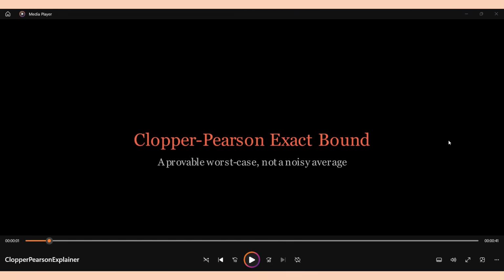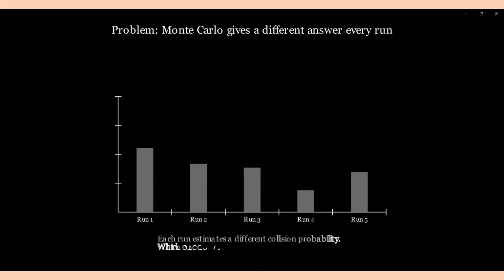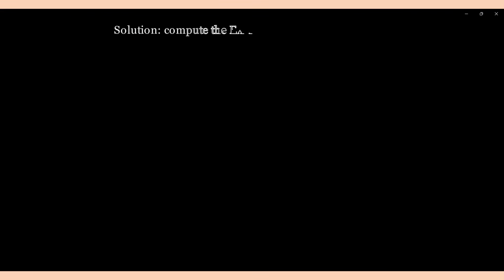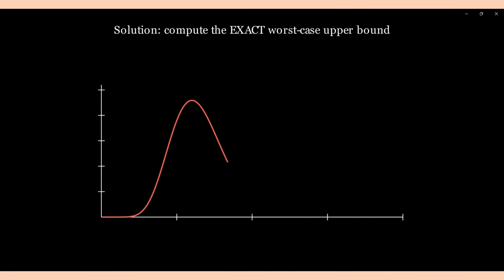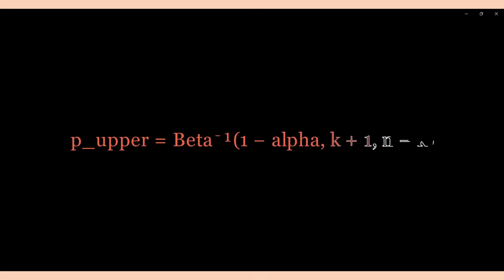Now let us understand how exactly the worst possible scenario is calculated for our docking. This is done by a method known as Clopper-Pearson. Monte Carlo simulations calculate everything. They do not calculate the worst case, they take out the average. So we use Clopper-Pearson, which takes the worst-case scenario from the observed rate. This is the formula.